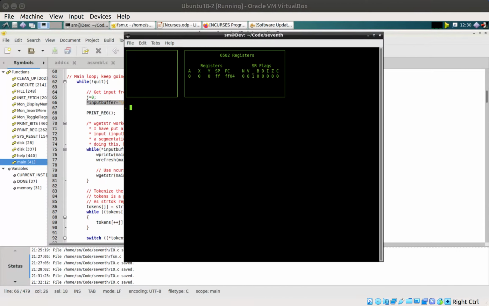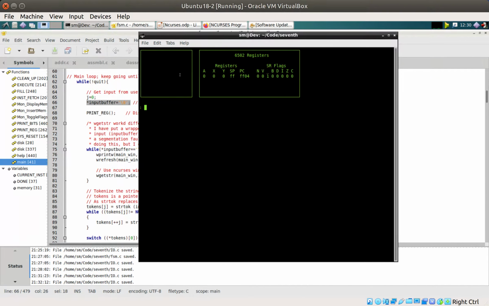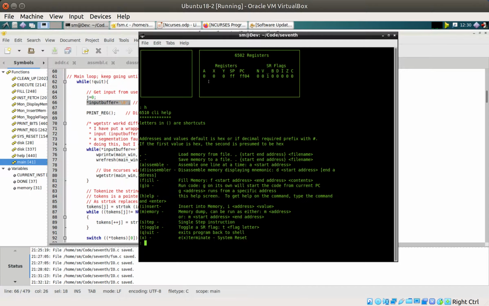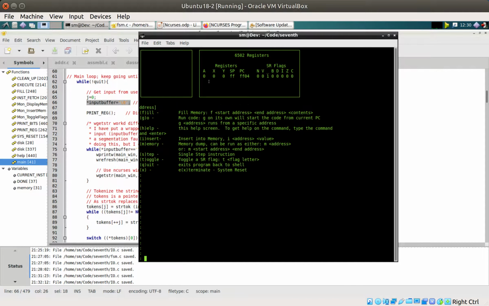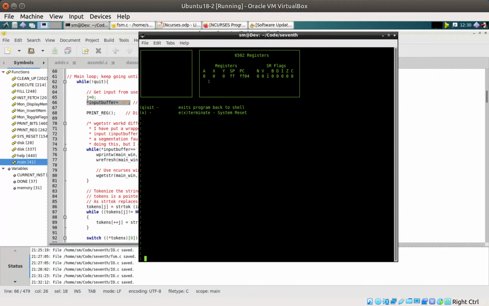Okay, so this is what it looks like on the actual screen. I've written a couple of little routines. I've customized some of it. This is now version 7 of the code. And if we do help, for example, and we keep pressing return, you will notice that the contents scroll underneath those two top windows, which is great because